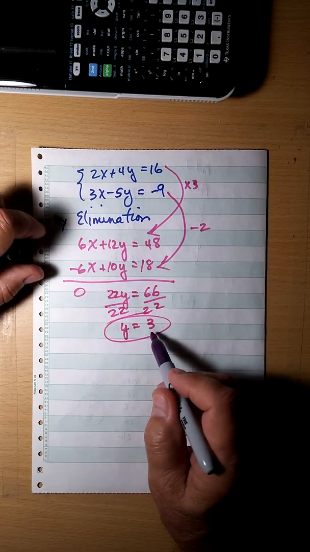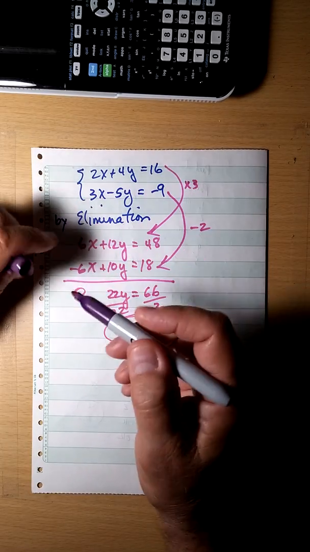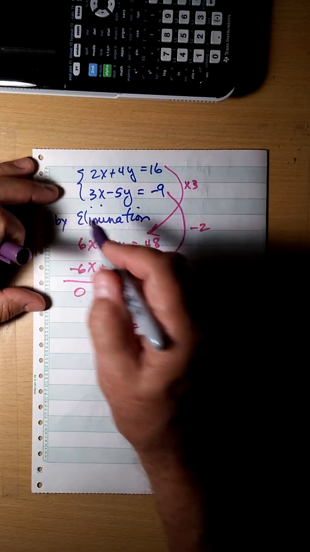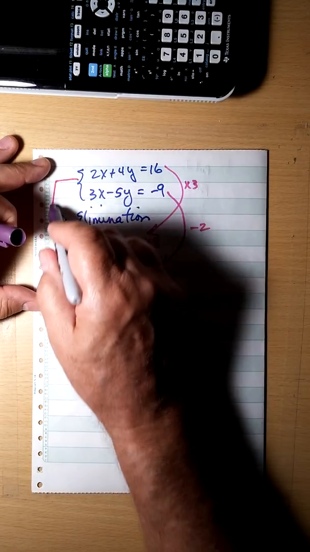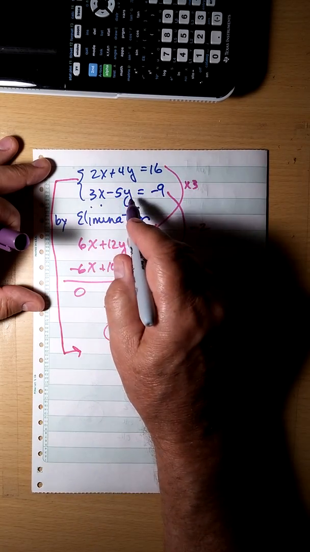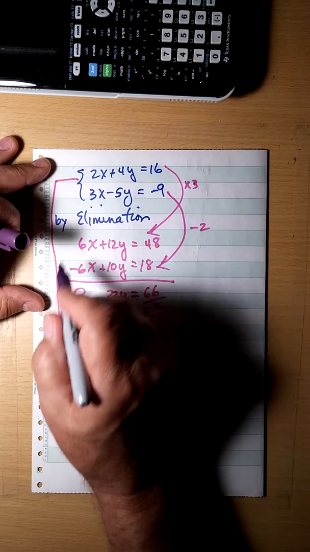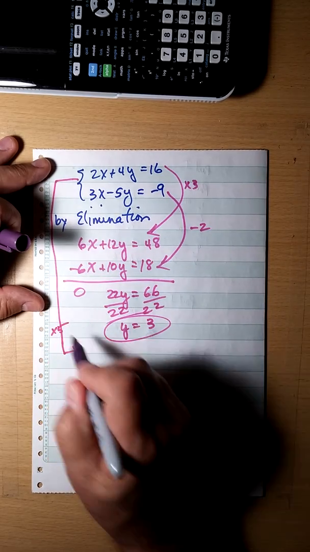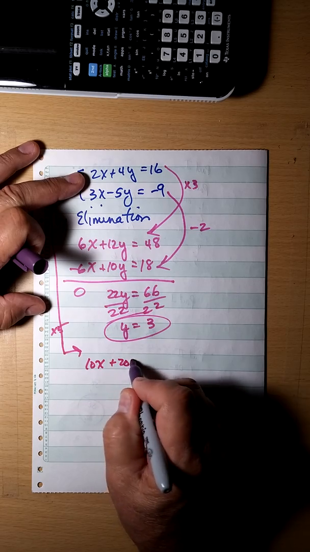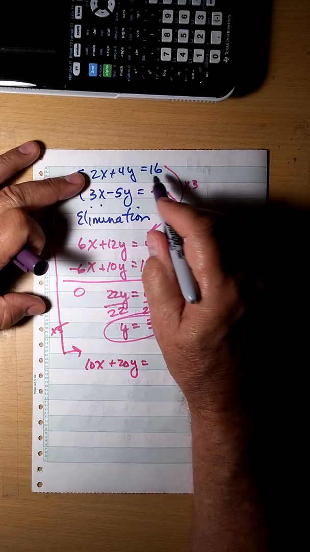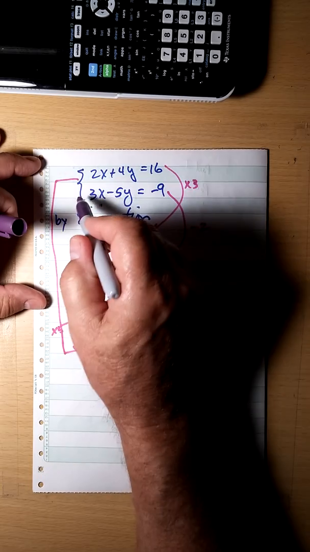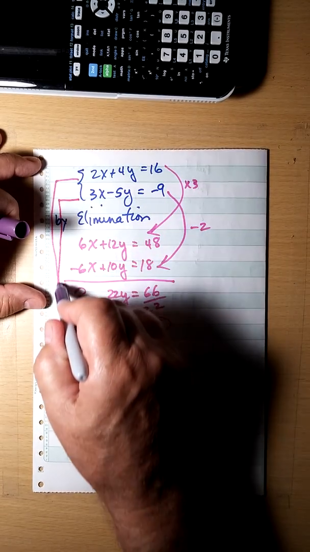Now, we could take that 3 and plug it back in one of these, and that's okay if you wanted to do that. But you can also multiply these by something to get rid of the y instead. So I'm going to multiply this one by 5. So it's 10x plus 20y, and 5 times this is 50 and 30, or 80. And then we're going to take this one and multiply by